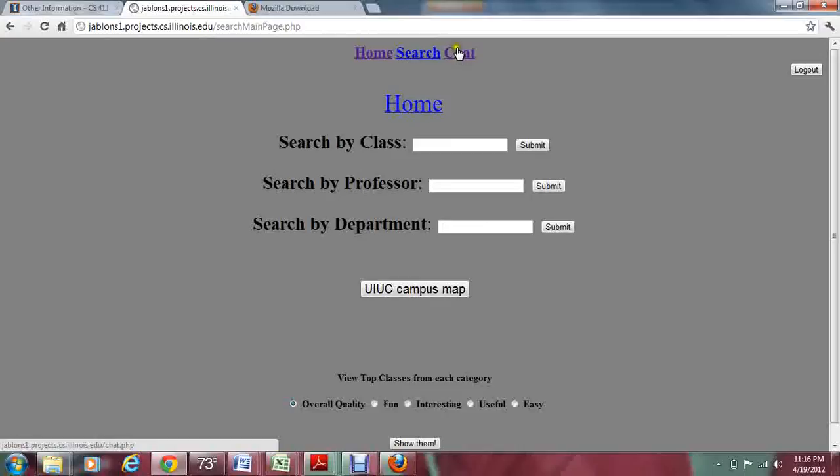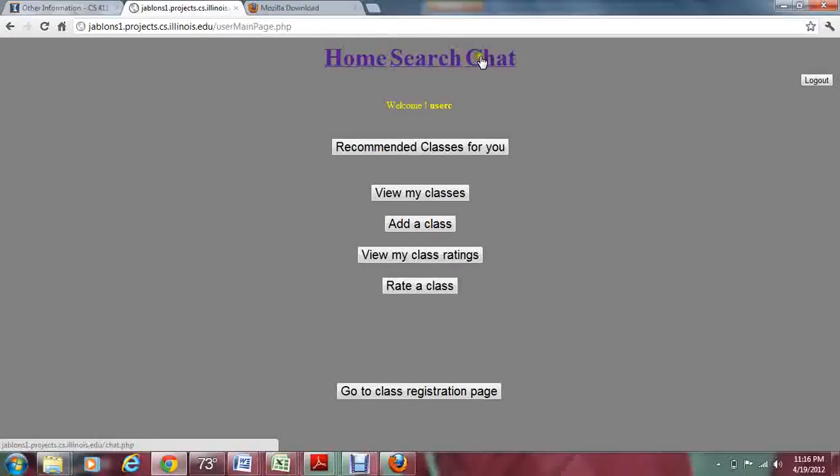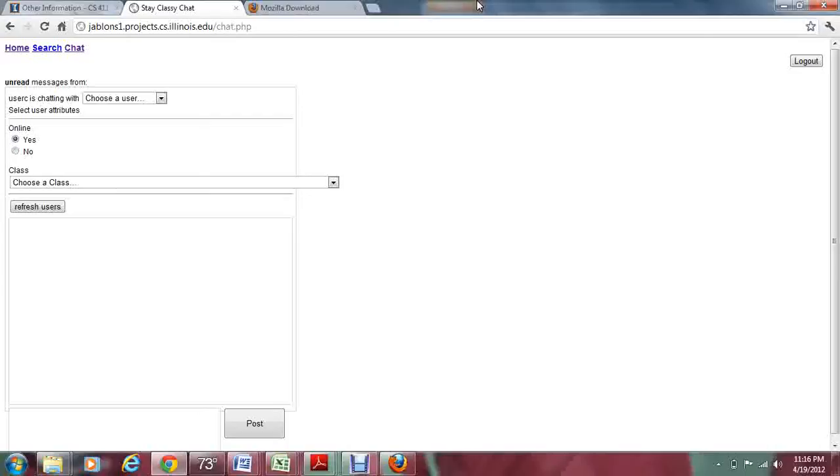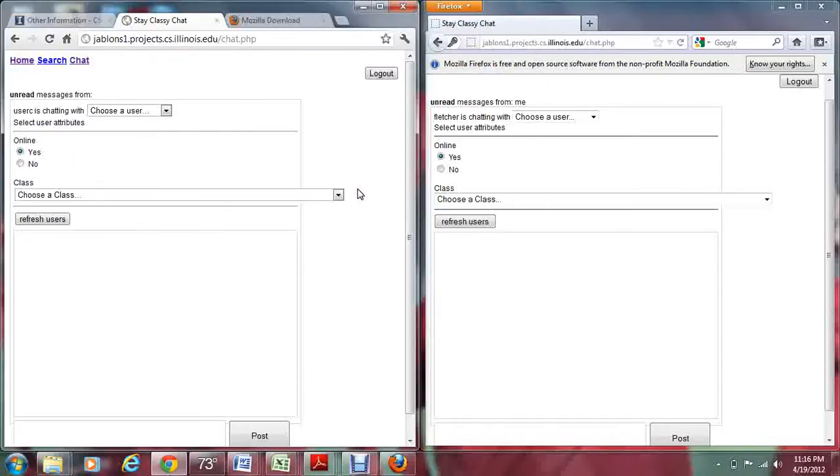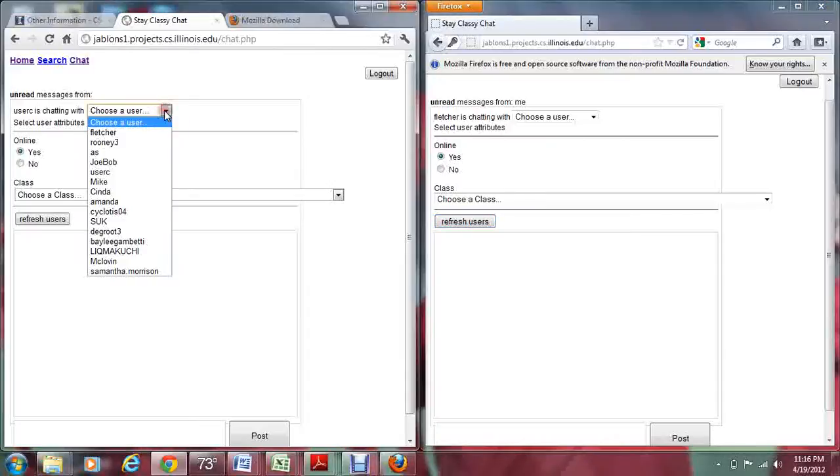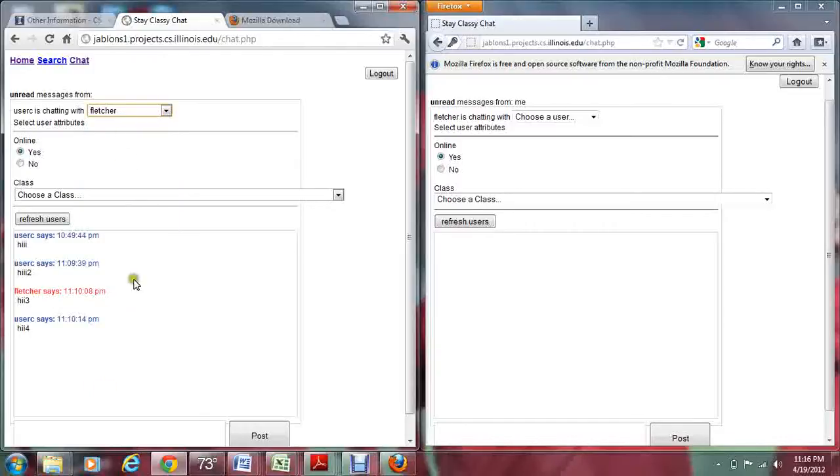And then so then we have our chat, which we'll demo now. And so one thing to notice, so on the right I have a user named Fletcher, and on the left I have a user C. So you see here we have a list of users online who you can chat with. So if I select Fletcher, that means I'm sending messages to Fletcher, and you see here I've loaded the messages from previous conversations which are stored in our database. So if I say hi to Fletcher,